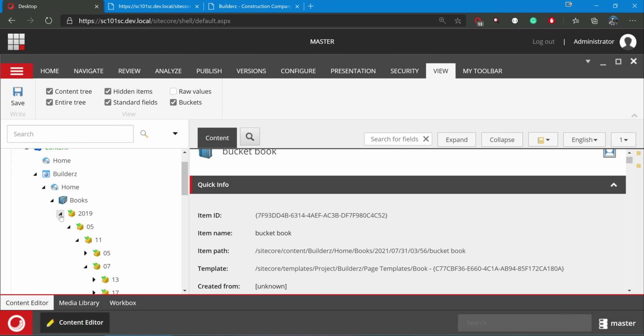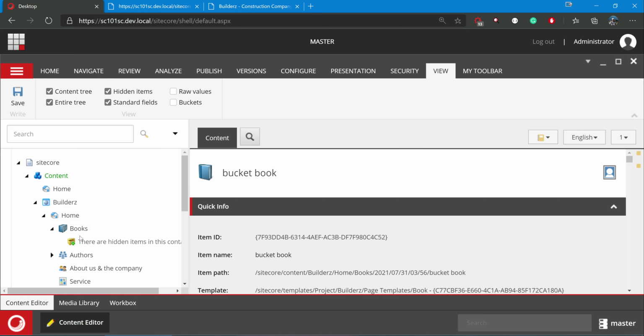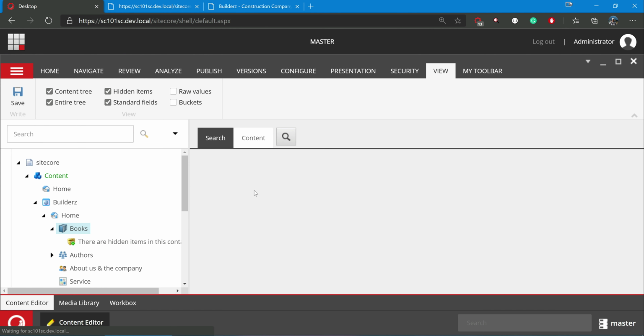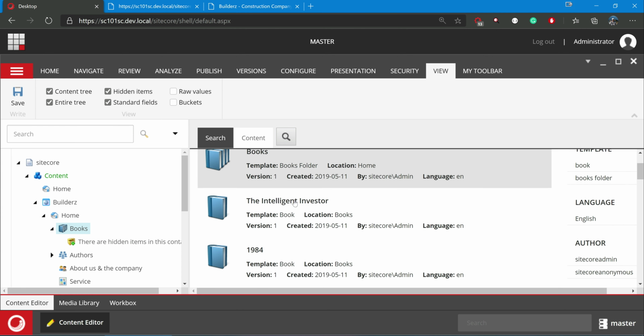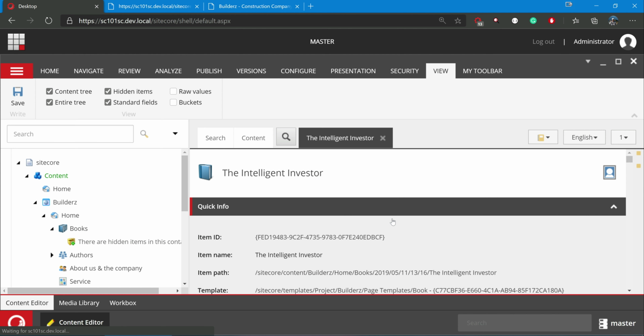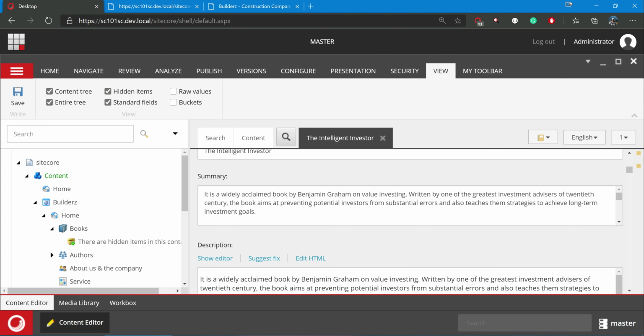If you want to, you can hide it obviously. So it will be hidden like this, and whenever a content author is opening it, they will not be able to see anything. The only way they can locate some books is by using the search operations. You can click on search and then navigate to a particular item. So remember, if you are unable to search properly, that means your content search, which we will discuss in the next videos, is not working properly.